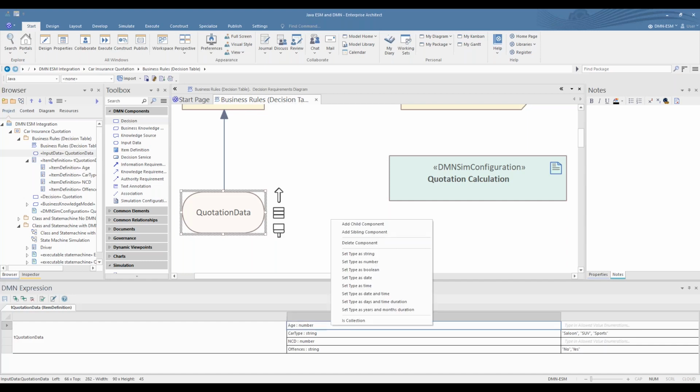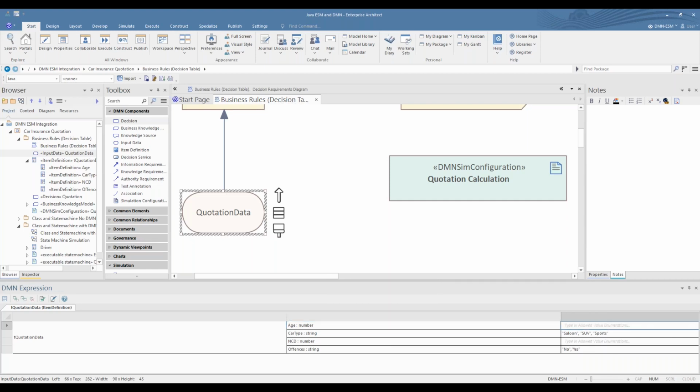We have various types of data we can use: string, number, Boolean, date, etc. I've kept it to a minimal type of number and string. Over here, we have values. These are optional, but notice this one here.